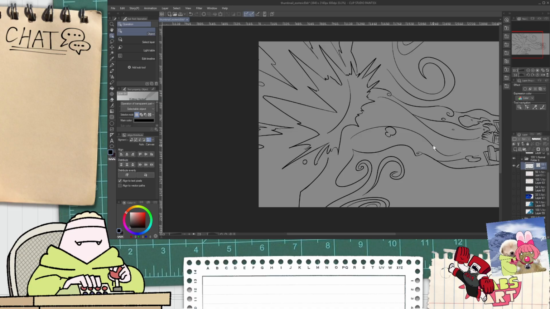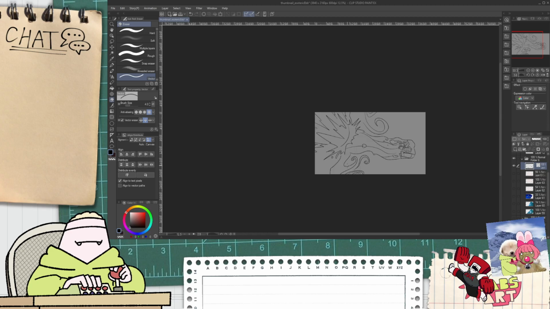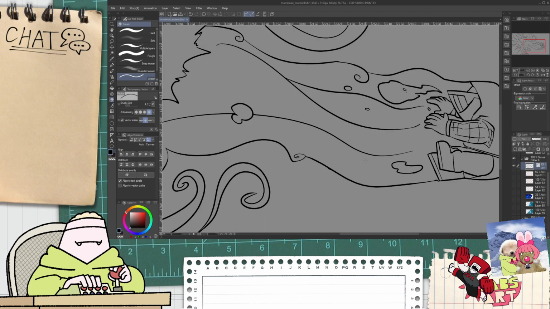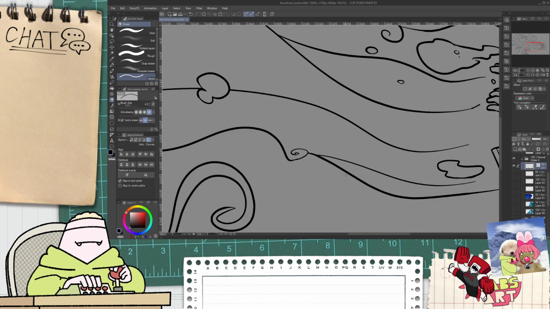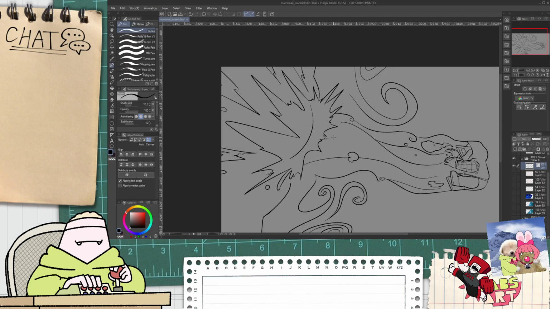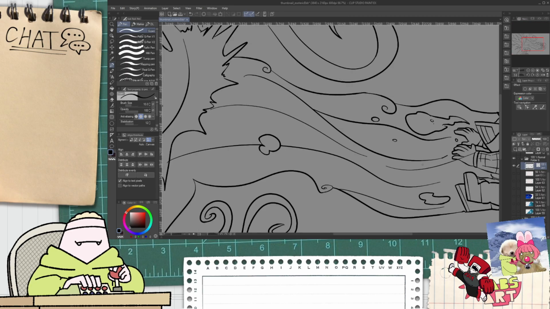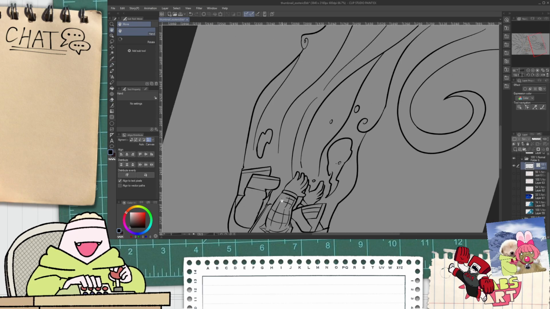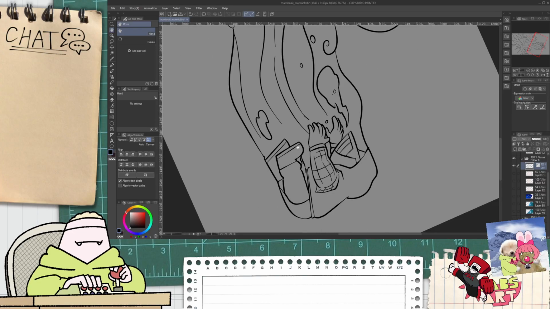Something like this, and then maybe extending this part a little bit. Nice. Okay. I think this can work. What I do think might be necessary is a few more lines just around this area.